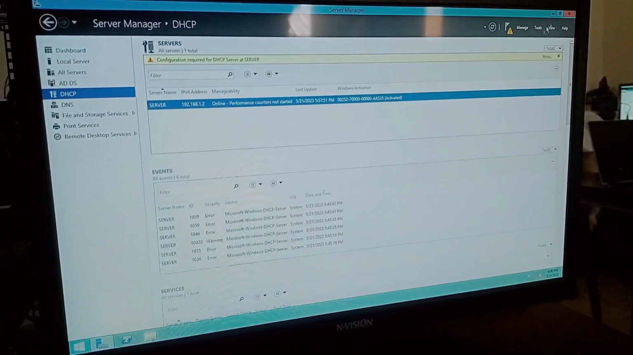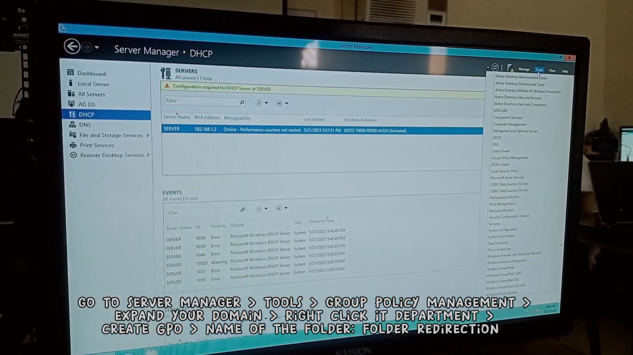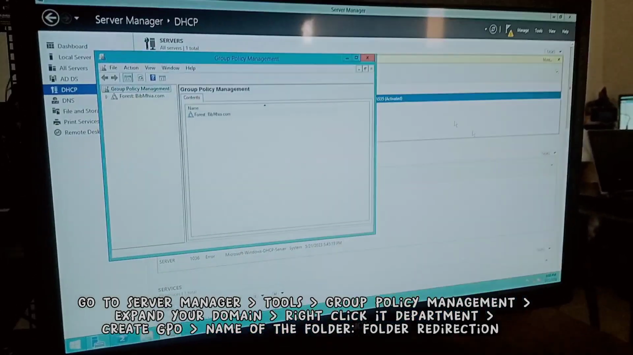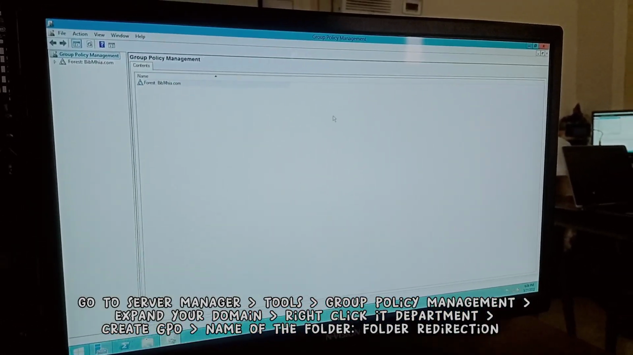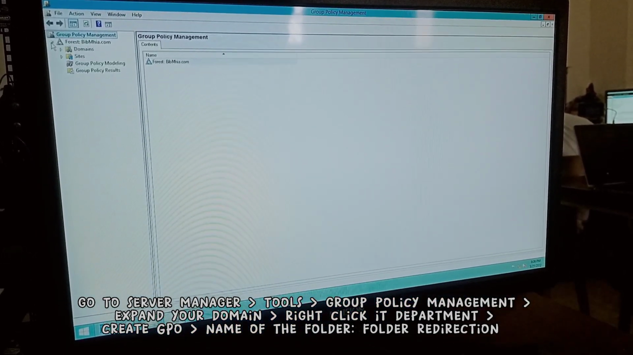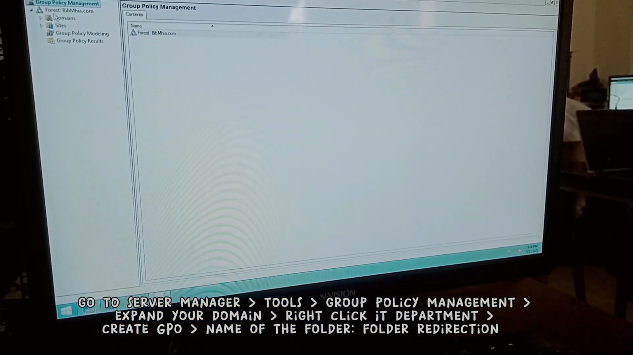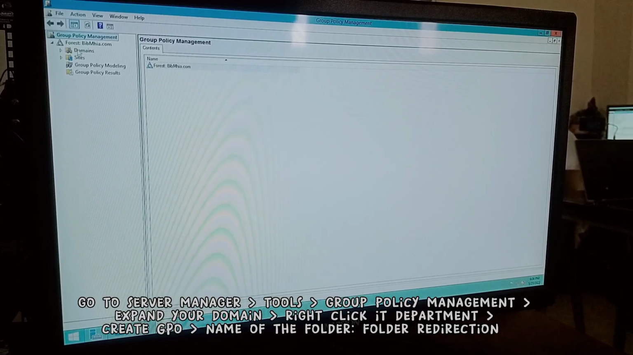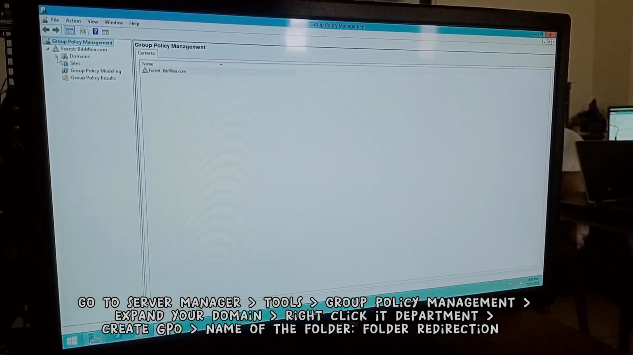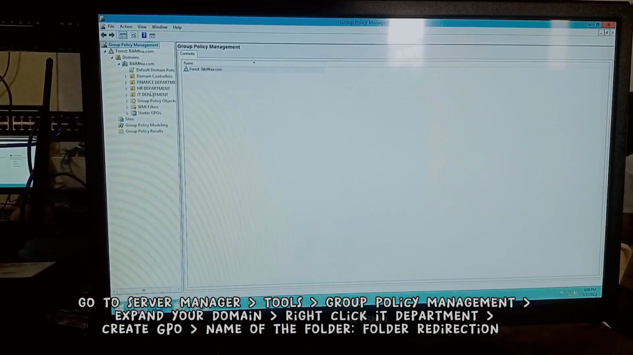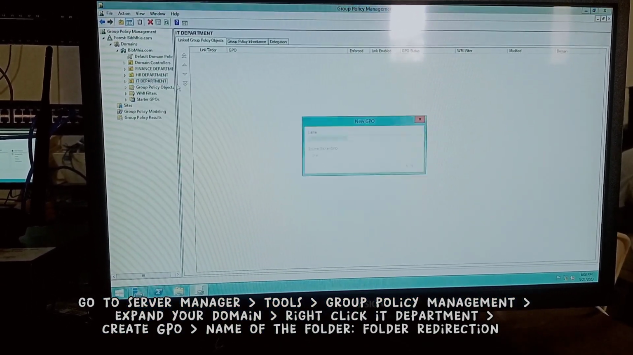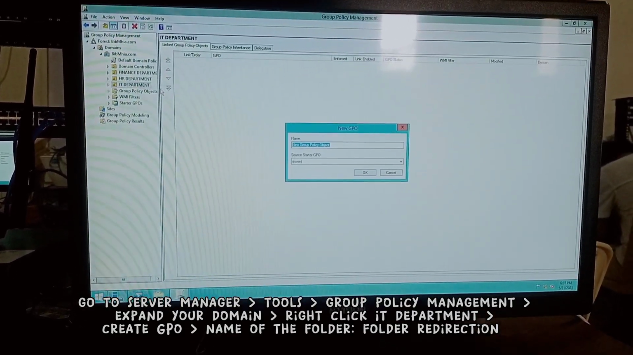To Server Manager, Tools, then click Group Policy Management, then expand your domain, bib.com, then right click IT Department, then create a GPO in this domain and link it here. Then the name of the folder is folder redirection, then OK, then right click folder redirection, then edit,